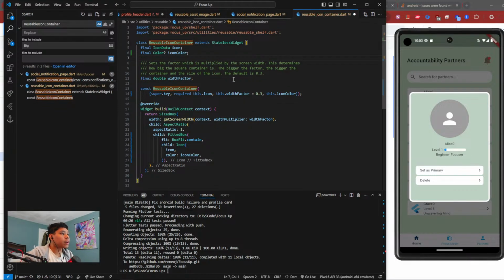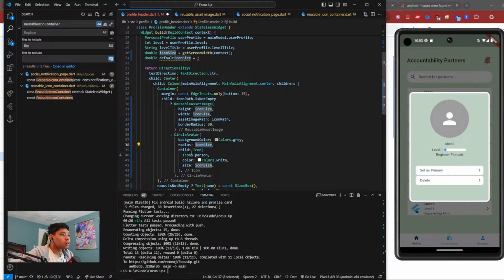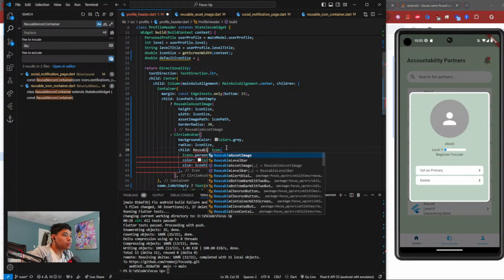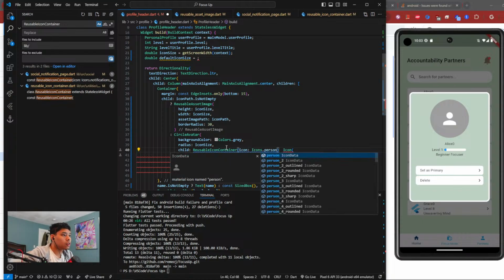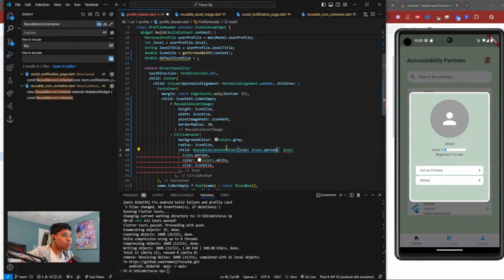I don't think size matters. I think reusable icon container icon equals icon slot person and color